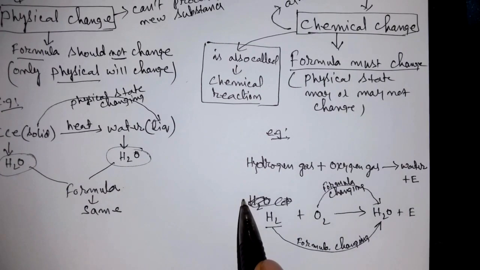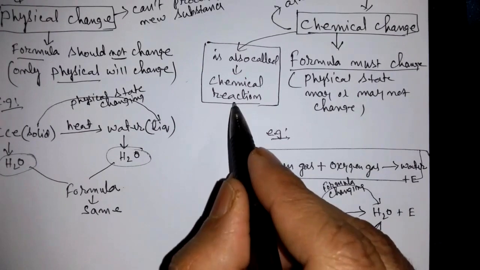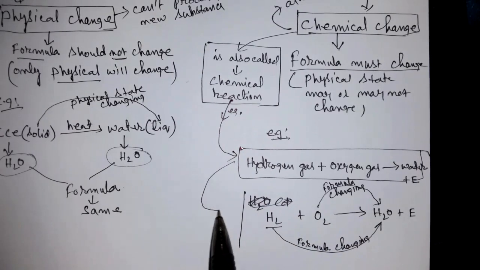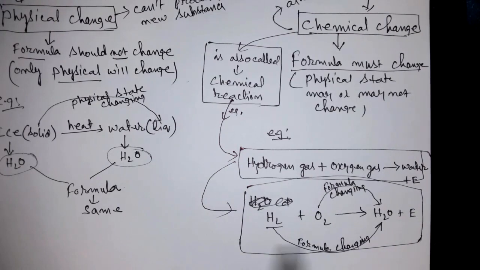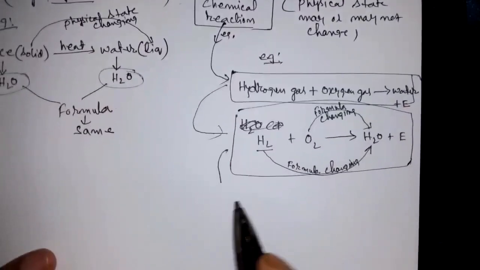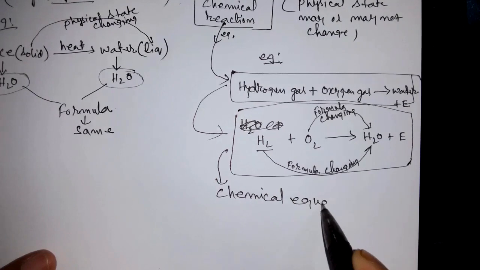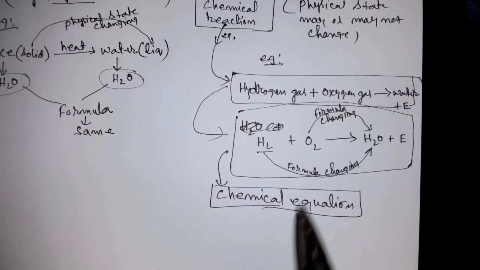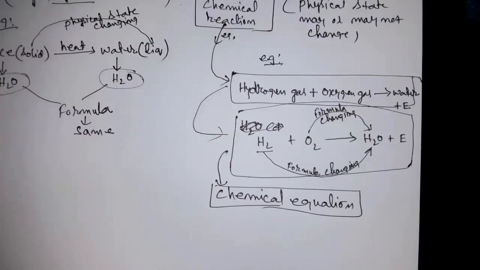Now whenever you write a chemical reaction in this way, this is a chemical reaction. Example is this. Now when you write this chemical reaction like this, using symbol and formula, then this chemical reaction is called a chemical equation. So chemical equation is the method by which chemical change is represented by using the formula of the substance involved.